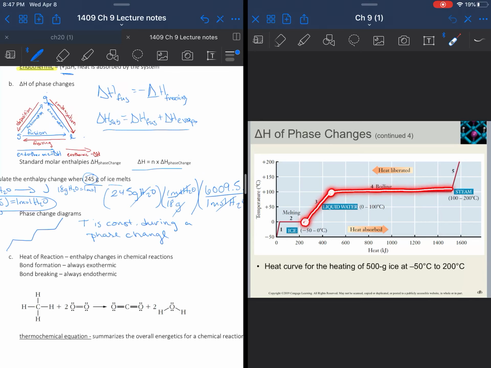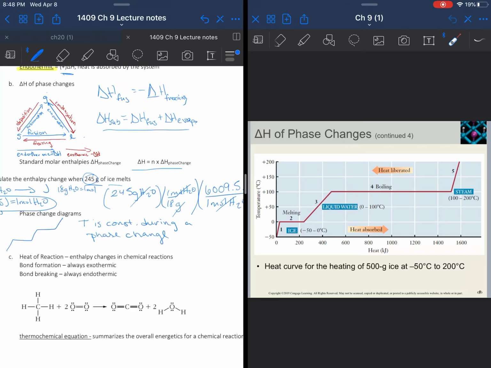rise again. Once the temperature of your liquid gets to its boiling point, 100 degrees for water, then it's going to flatten off again. All of the energy in this flat area is being used to convert from liquid to gas. All of that energy is being used to break those intermolecular forces, all those hydrogen bonds. It's not surprising to see that this is so much longer. It takes a lot more energy to go from liquid to gas as compared to solid to liquid. You're really breaking through all of those intermolecular forces. Once everything is converted to steam, once all of your molecules of water are in the gas phase, then the